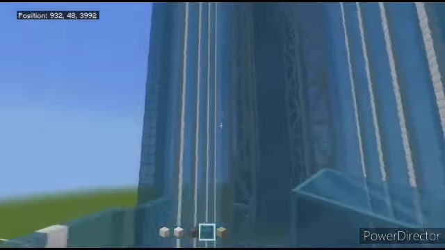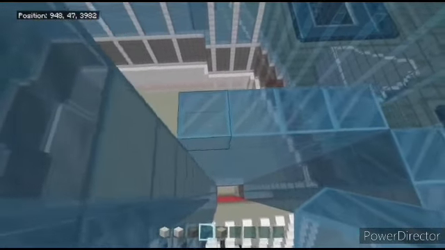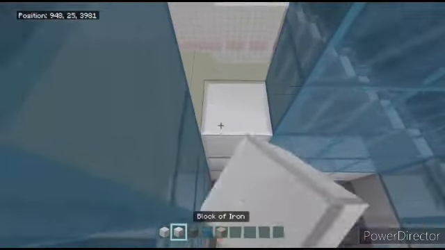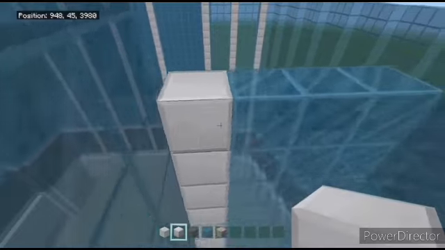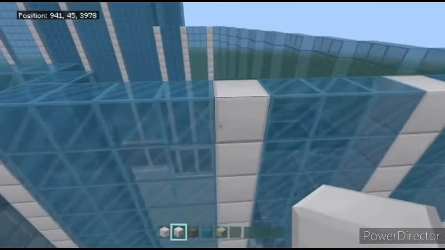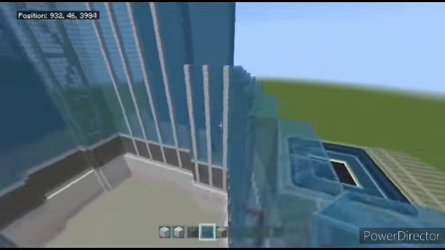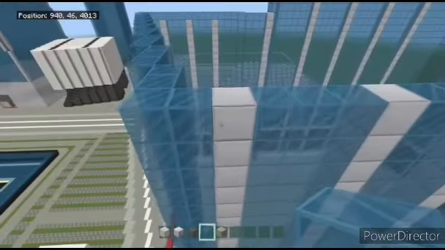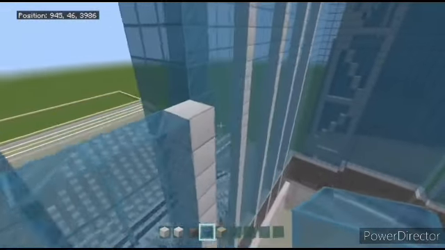Alright, once you got that done, now you want to go to the side with the 4, which is right here. Go towards the back side of it. Then get rid of the glass, replace it with iron. Match it up to the glass right there. And from here you want to get rid of the iron from earlier. Replace it with glass. So from this iron right here,